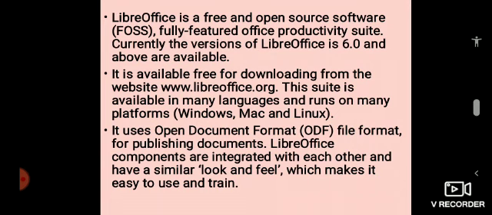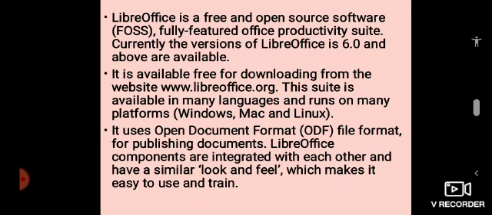What is this LibreOffice? Like MS Office, it is another office suite, which is free and open source software that can be downloaded from the web. Currently, versions 6.0 and above are available. You can use LibreOffice on Windows as well as Linux and Mac operating systems.